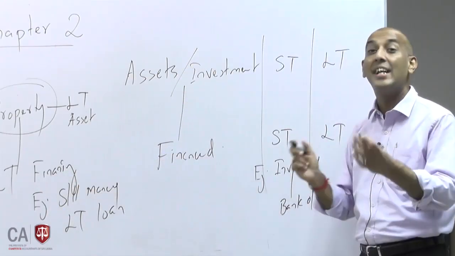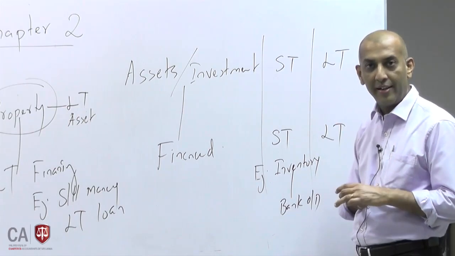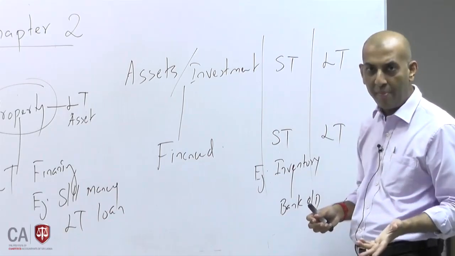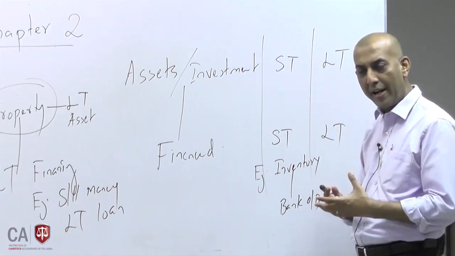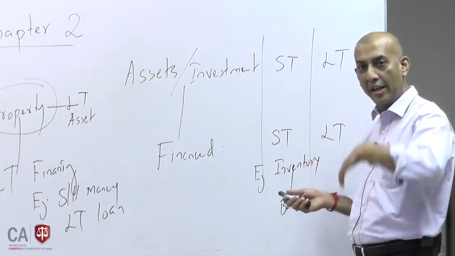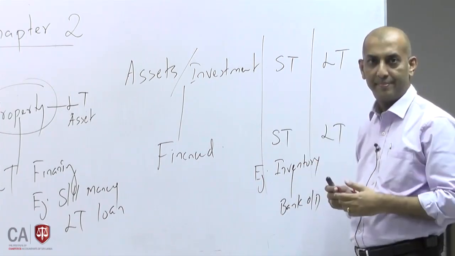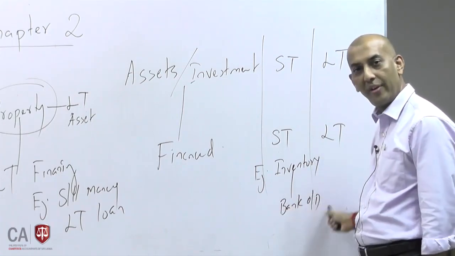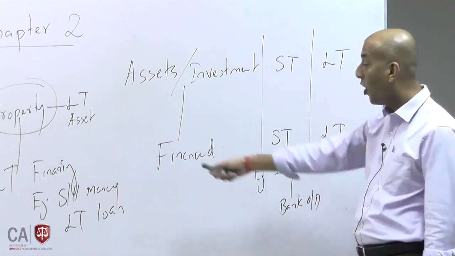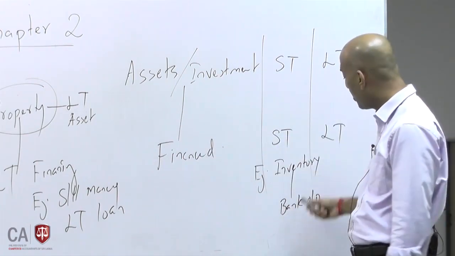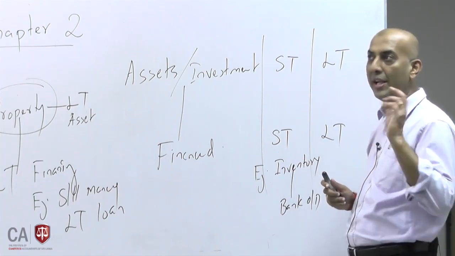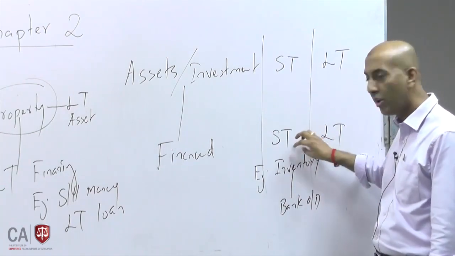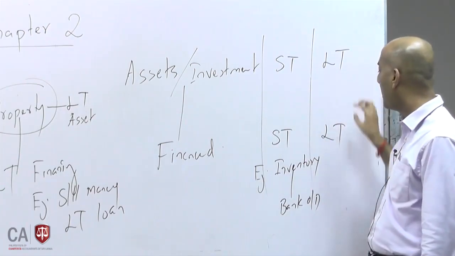But if you are talking about a seasonal reason, April and December in Sri Lanka are seasonal periods. We all know that April and December have more sales for most products. So if you are talking about those products, you can increase the inventory short term. Only for 3 months you need that inventory. That inventory you can finance by bank overdraft. You don't need a long term loan. You can live with short term. So please be aware, short term assets or investments are to be financed by short term, long term needs to be financed by long term.